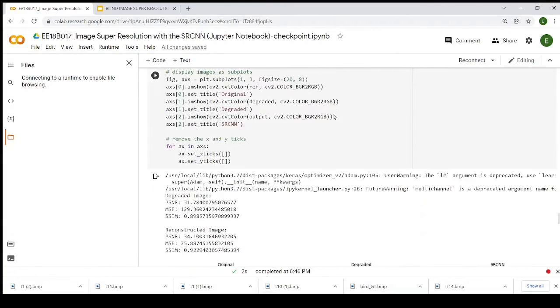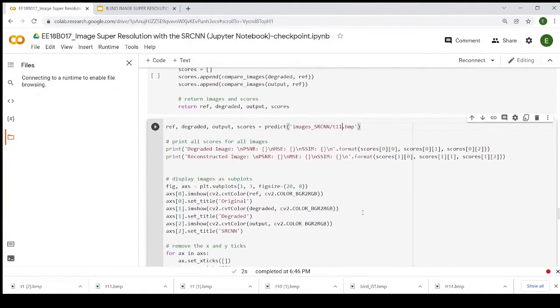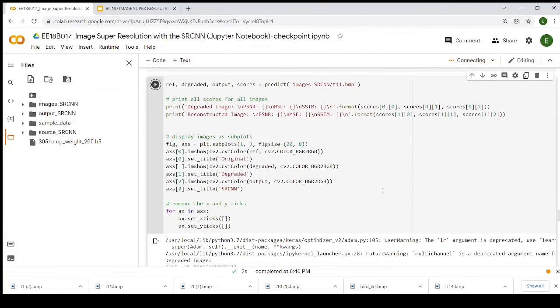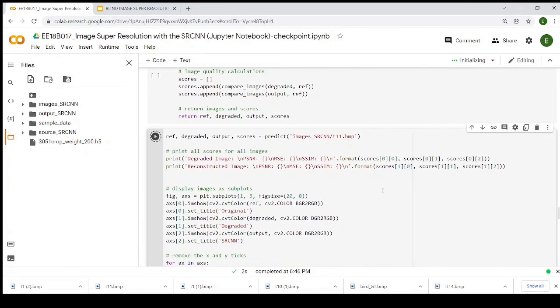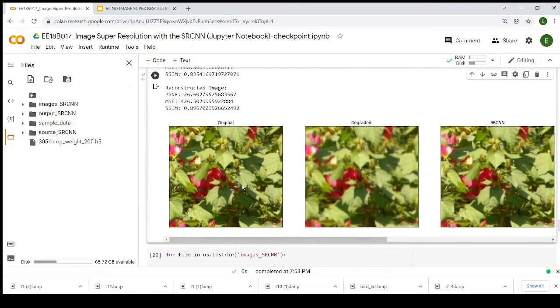You can also change the input here and obtain results for another one. So I give another image as input. Now if I run this, this is another example: original image, degraded image, and finally the SRCNN image.